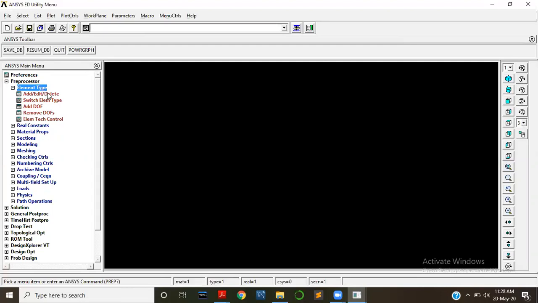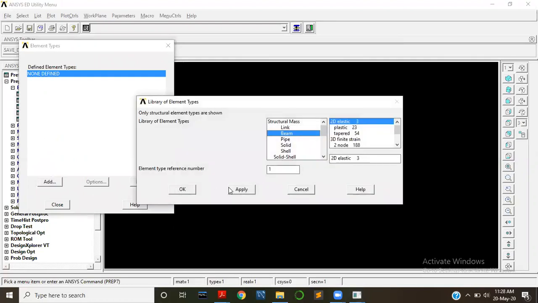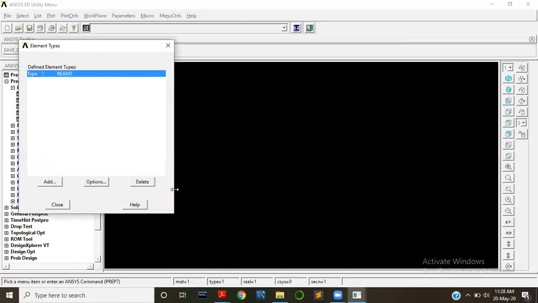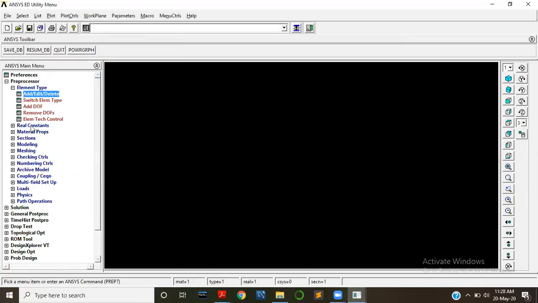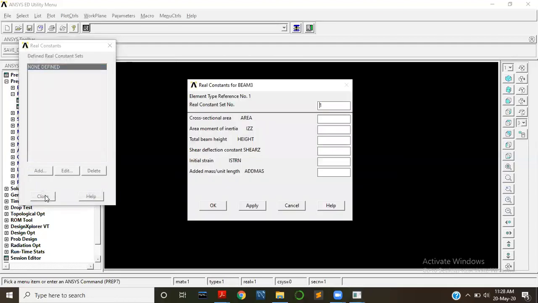Here select add, edit, or delete, then add, and here choose beam 2D elastic 3, press OK, and then close, and then go to real constants. Here select add, edit, or delete, select add, press OK.